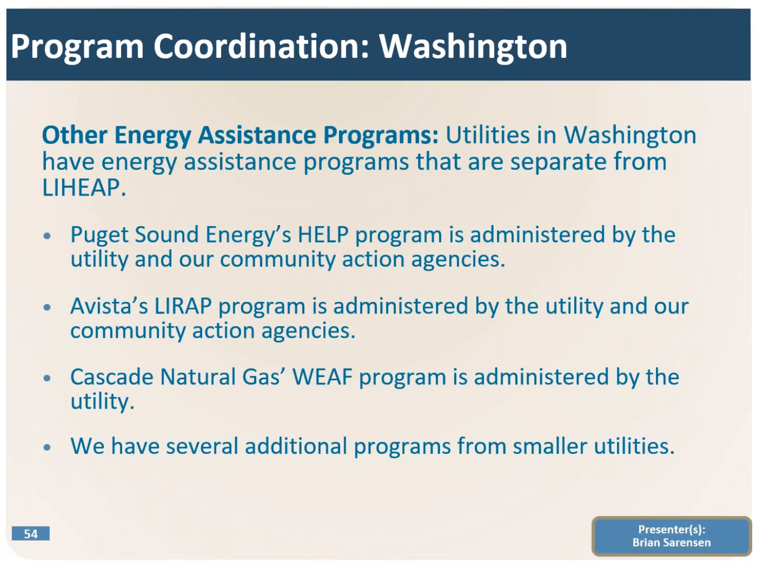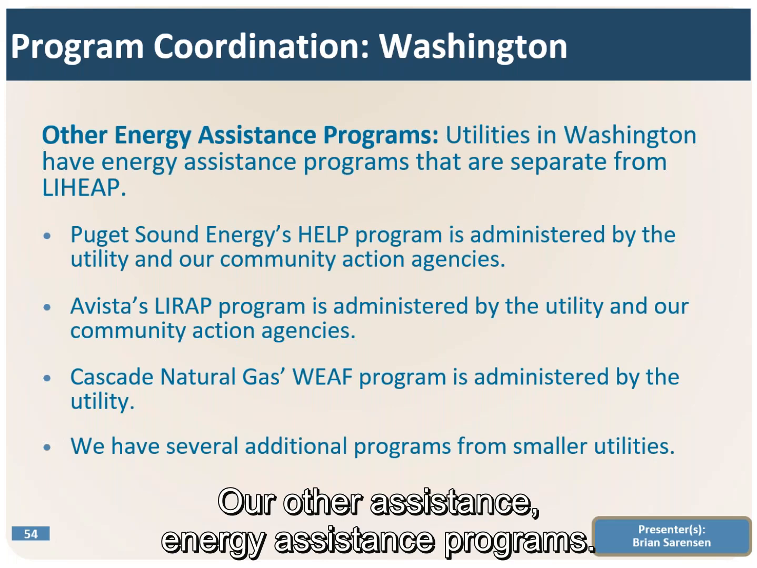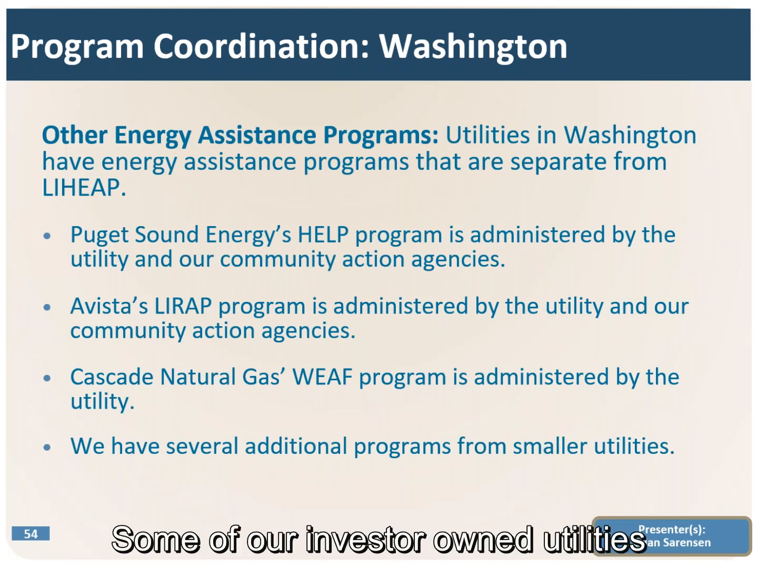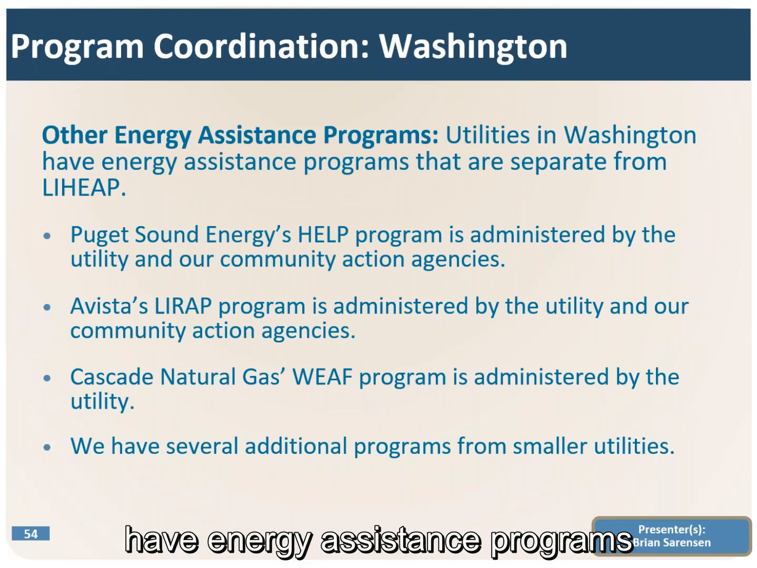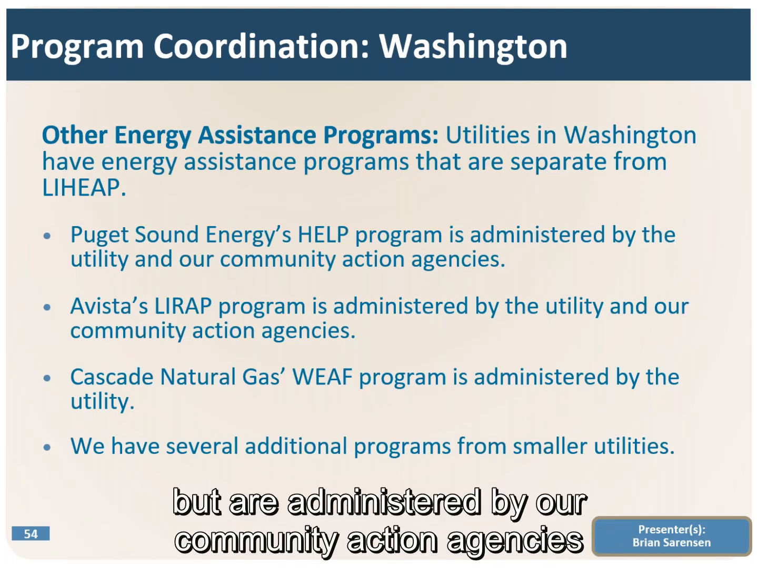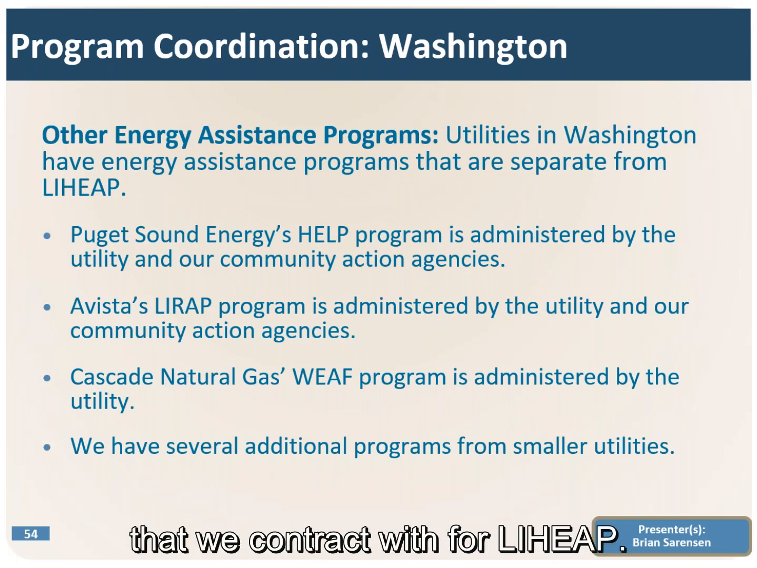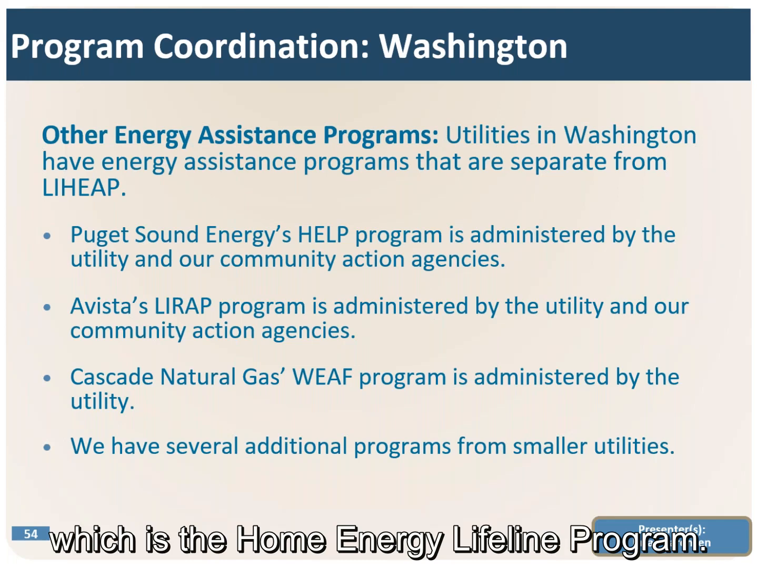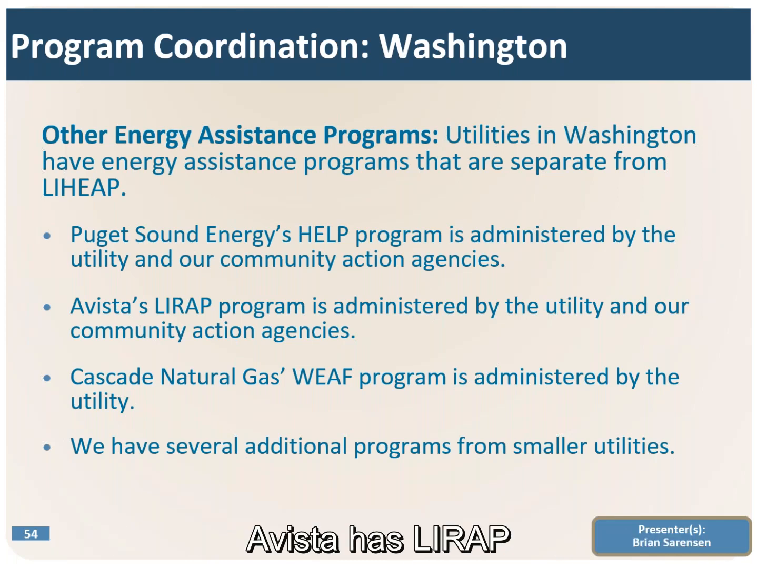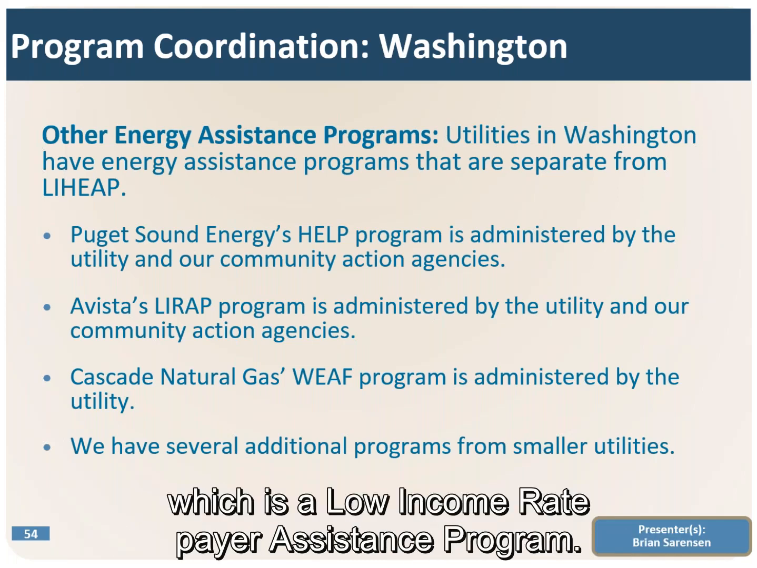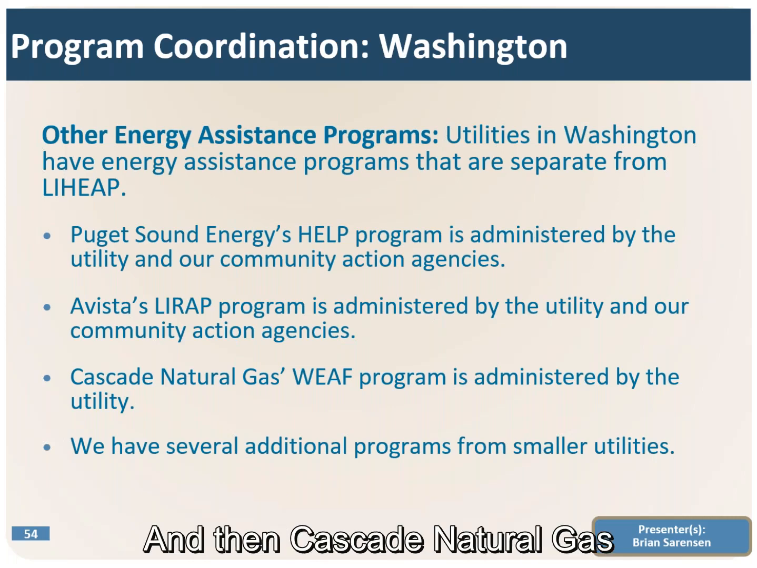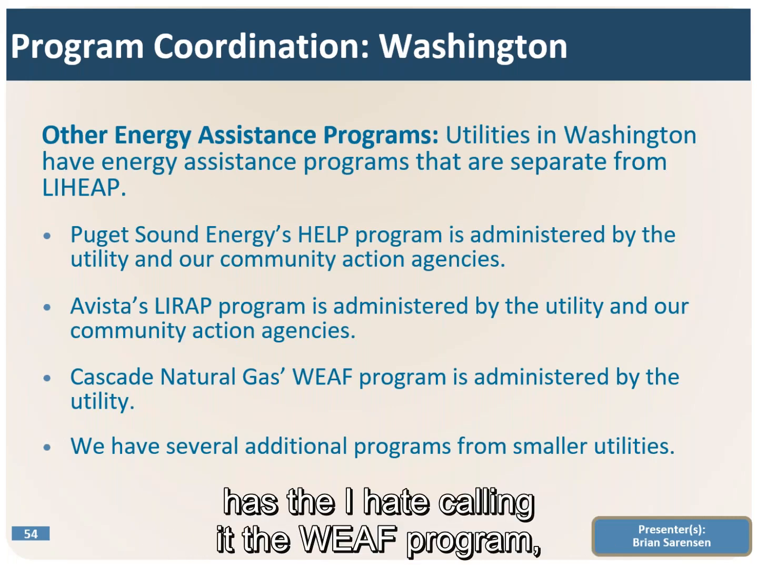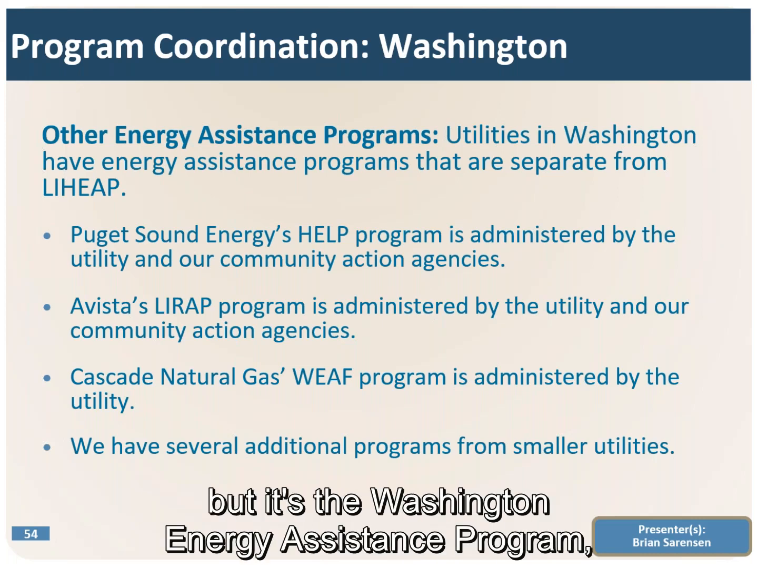Our other energy assistance programs, some of our investor-owned utilities have energy assistance programs that are separate from LIHEAP, but are administered by our community action agencies that we contract with for LIHEAP. So Puget Sound Energy has the HELP program, which is the Home Energy Lifeline program. Avista has LIHRAP, which is a low-income ratepayer assistance program. And then Cascade Natural Gas has, I hate calling it the WEAF program, but it's the Washington Energy Assistance Program,